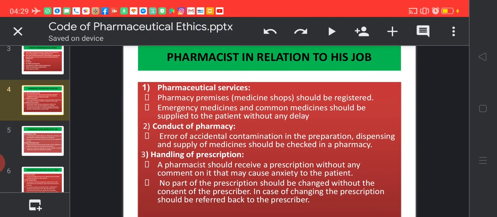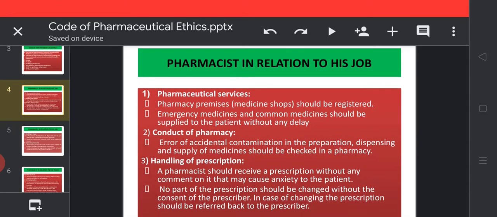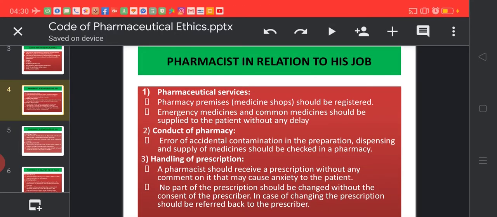Third objective of a pharmacist in relation to his job is handling of prescriptions. A pharmacist should receive a prescription without any comment on it that may cause anxiety to the patients. No part of the prescription should be changed without the consent of the prescriber. In case of changing the prescription, it should be referred back to the prescriber।